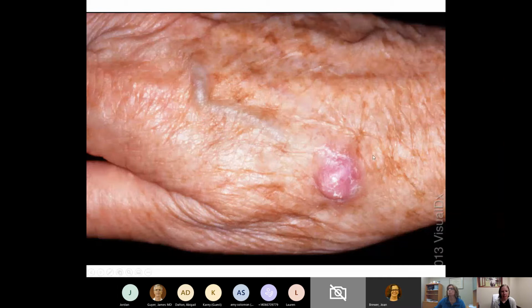Oftentimes patients will tell you that it's been there for weeks, it's growing fast, and that it's kind of rough, and then it might hurt. So this one should definitely be biopsied. The hand does relatively well, although the skin is pretty thin in that area, but the surgeries do heal